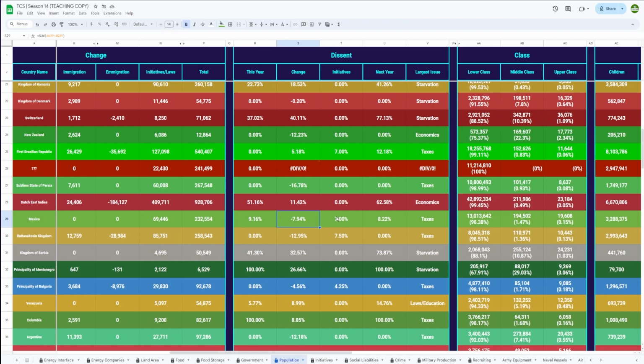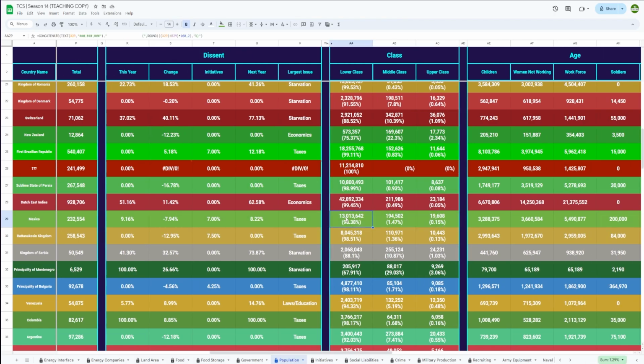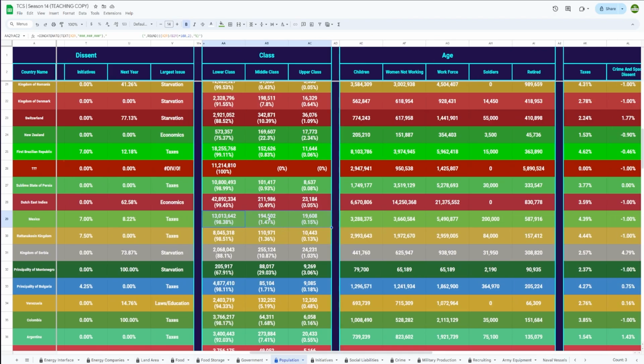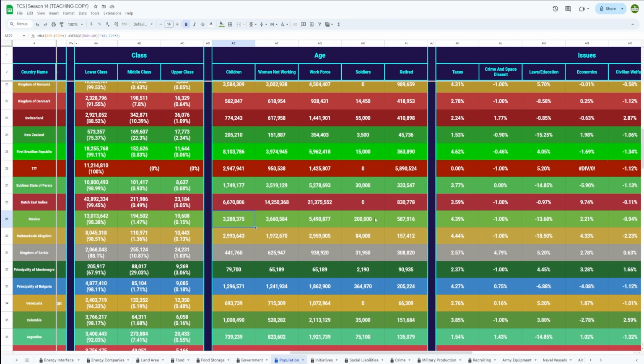In 9 times out of 10 in TCS, you don't play rebellions. You play as whatever the current standing nation's government is. Over here you can see the percentage of your classes, not usually that relevant in general. You can see the age of your population, which actually factors in the size of your workforce, how many children